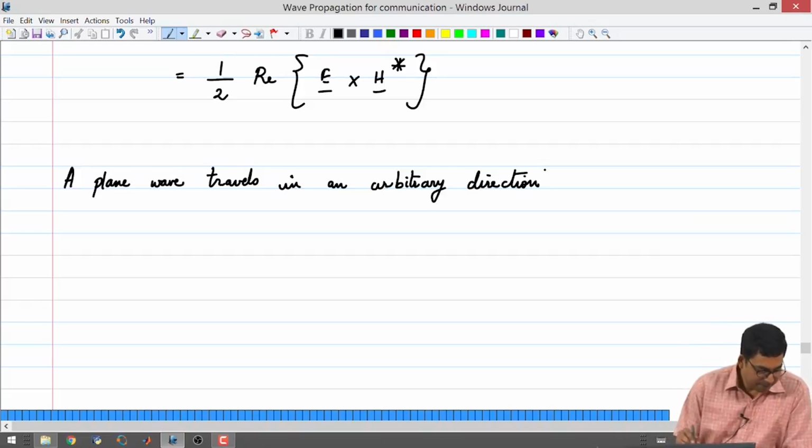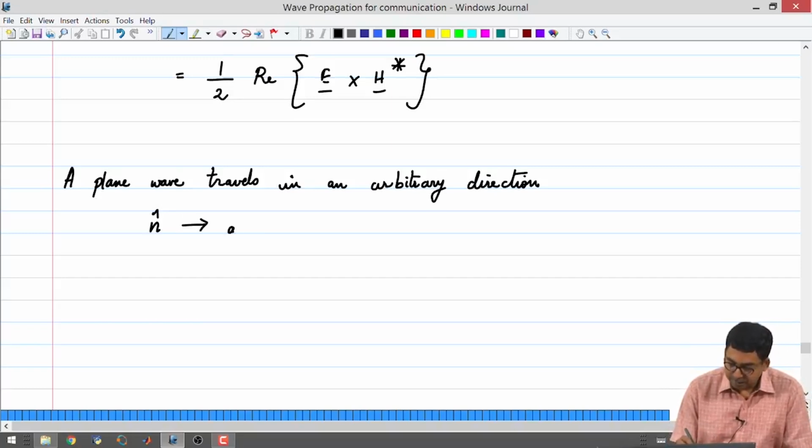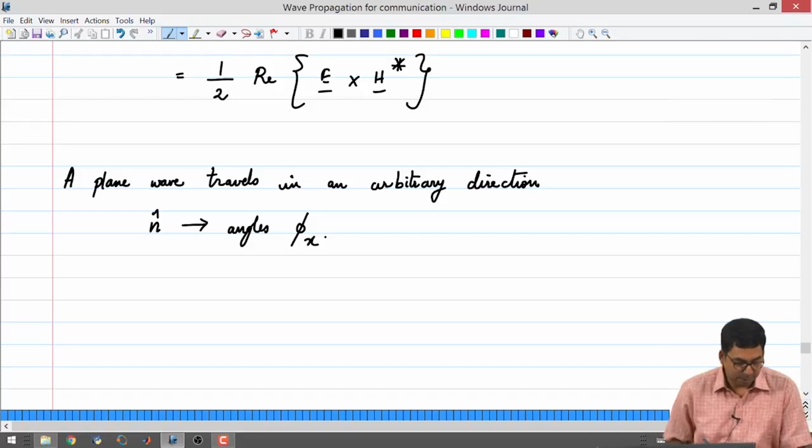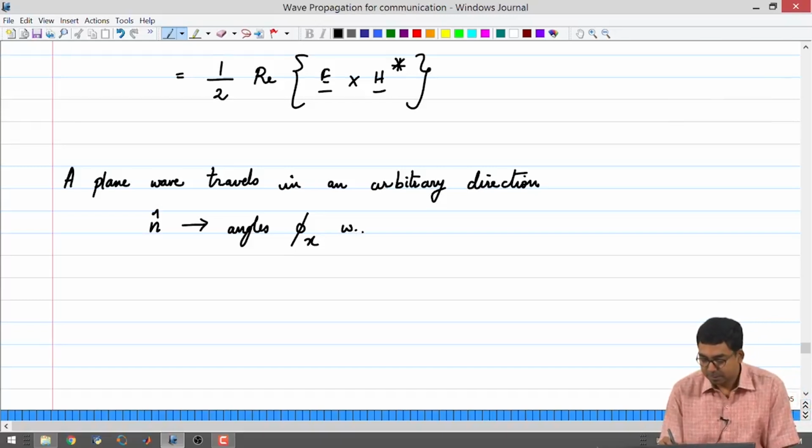So, let us say that this arbitrary direction that we are talking about has a unit vector n hat, and this n hat is making an angle phi x with respect to the x axis, phi y with respect to the y axis,